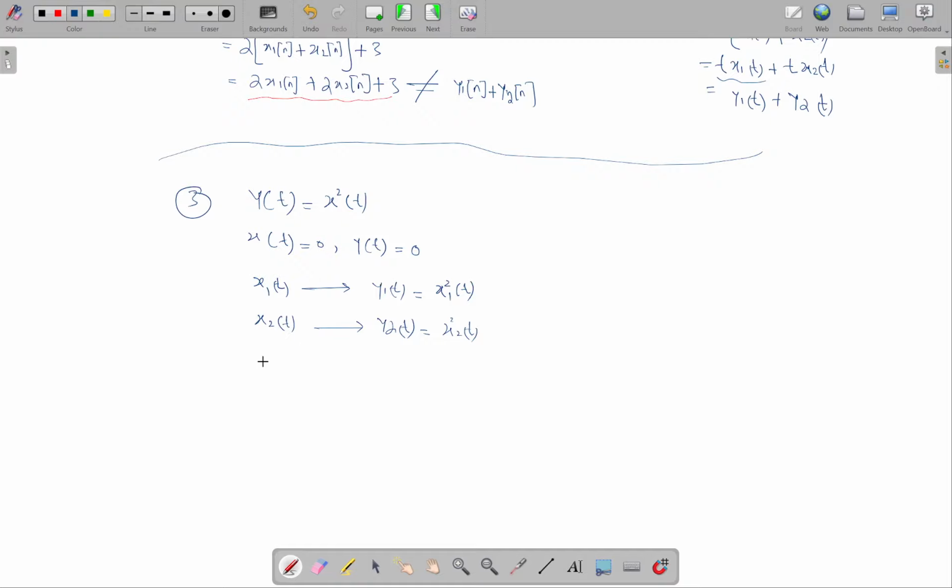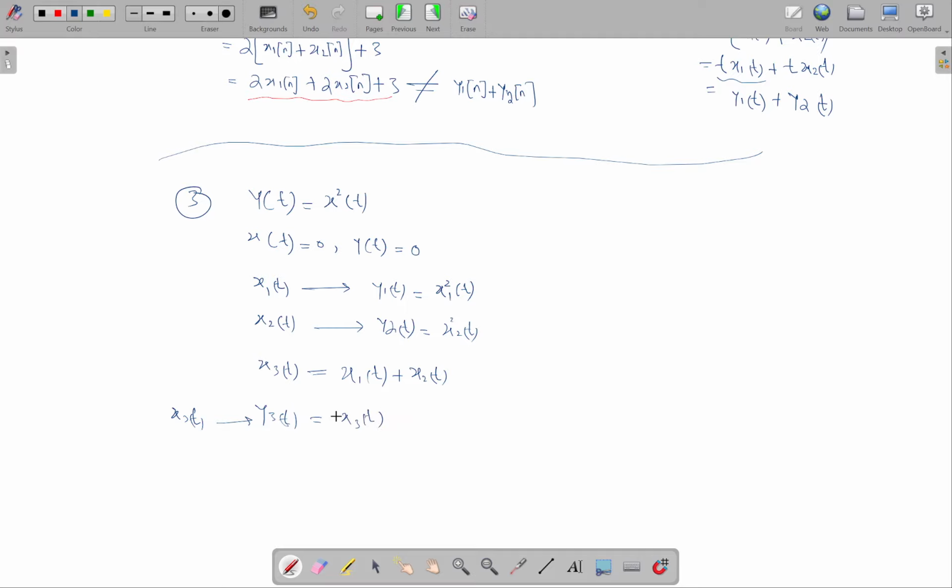Then, just like before, we assume a third input, x3(t), which is a sum of these two inputs, x1(t) and x2(t). Let's find out the system response to x3(t). When x3(t) is an input, the output y3(t) is simply x3(t)